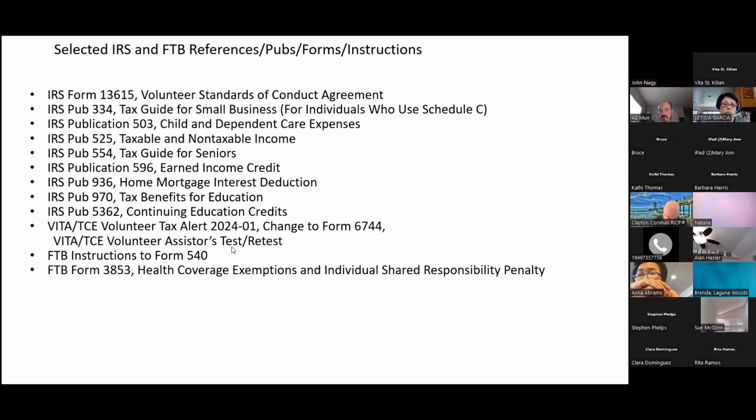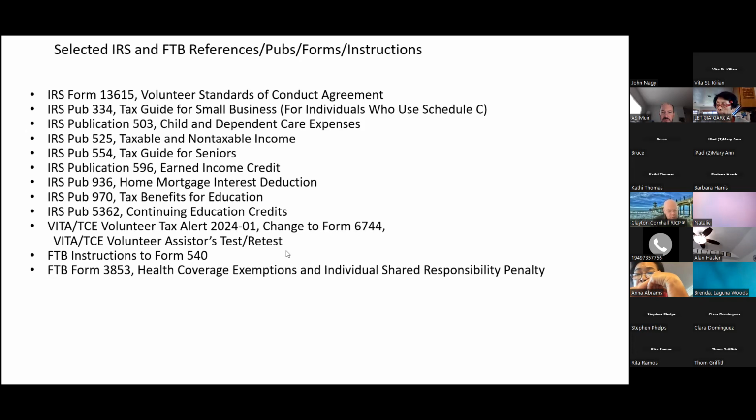And then regarding the Franchise Tax Board, the state of California, as mentioned the last couple of weeks, there are numerous publications. We talked about the FTB site map, which we're going to jump into in earnest next week. But the instructions to the Form 540 are also a go-to document, in addition to the other items that are published by California for the VITA program. And there's a number of them. And then we already talked about the 3854.